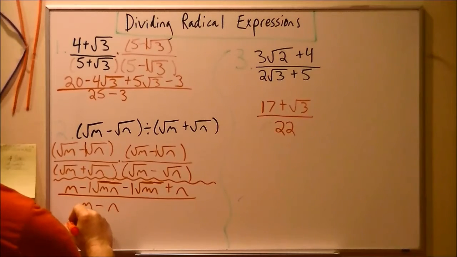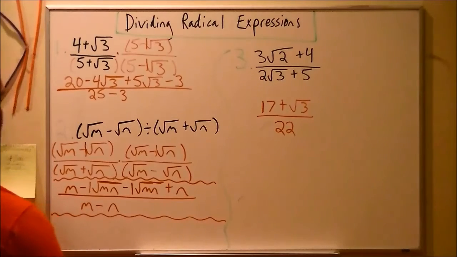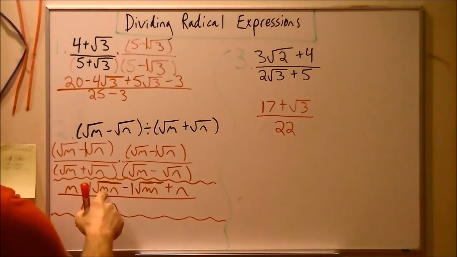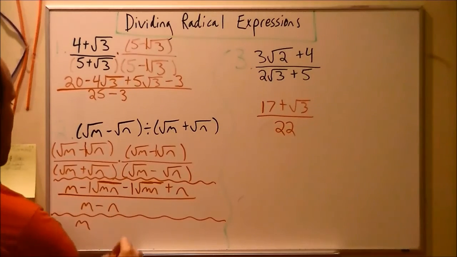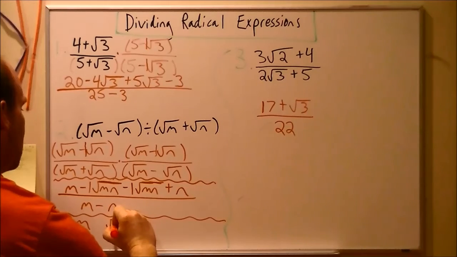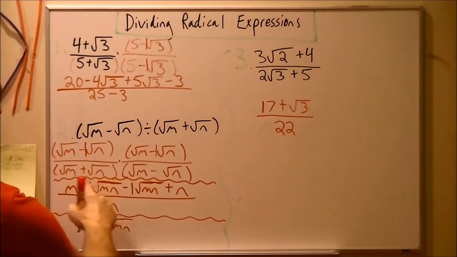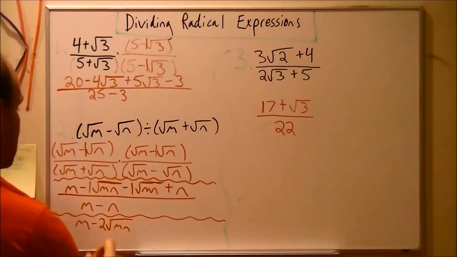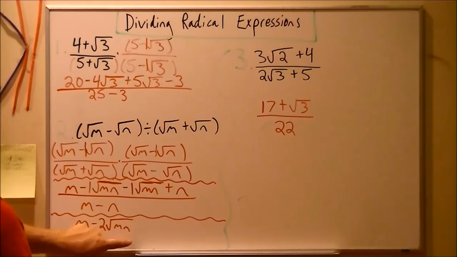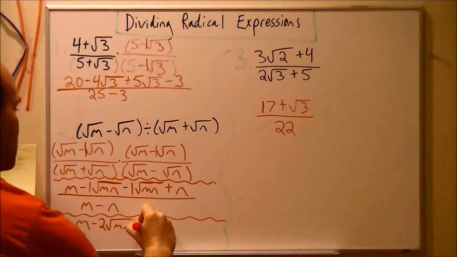Okay, on top we have, let's do our little squiggly line saying this separates everything. On top we have m, and look, we have the same base with square root of mn, square root of mn, and so we're going to keep square root mn, but what I can do is just combine through addition or subtraction, in this case subtraction. I can just combine the coefficients or the numbers in front of that square root term together. What's negative 1 minus 1? Negative 1 minus 1 is negative 2. So I have m minus 2 times the square root of mn, keep your base, plus n